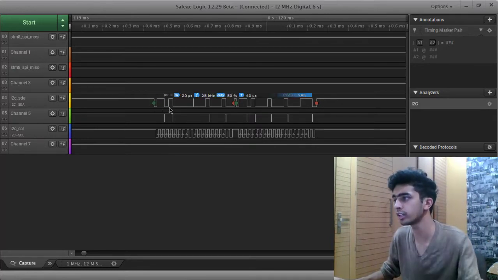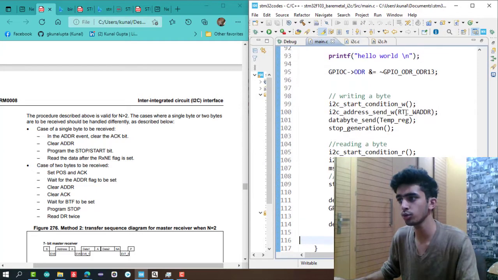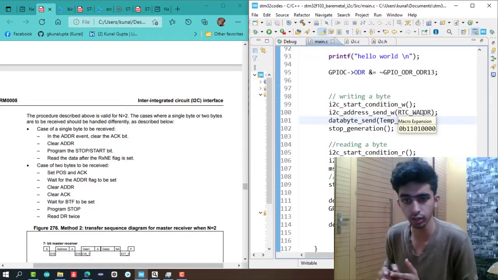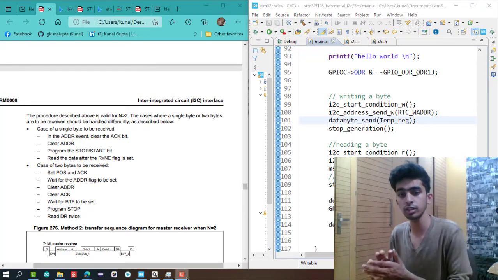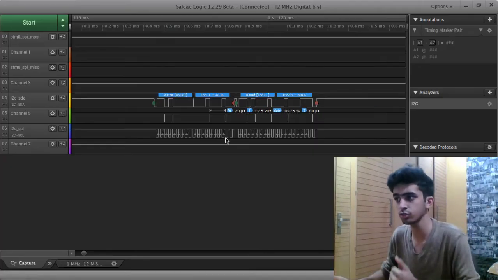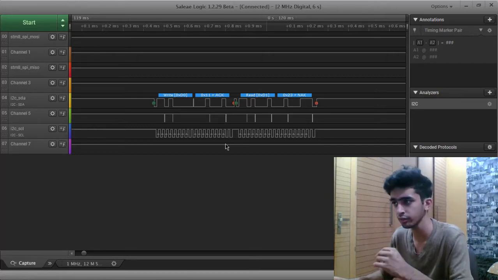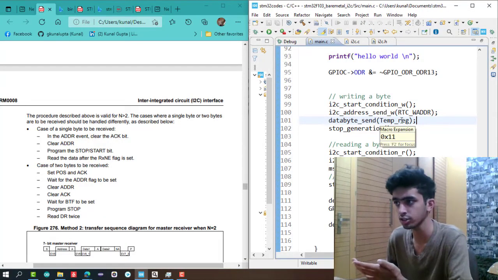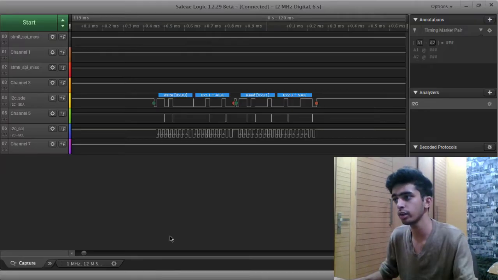Then we wrote the data of the temperature register, that is this one, 0x11, shown here with the acknowledge bit received, because the master is sending the data for writing, so it receives the acknowledge from the slave.